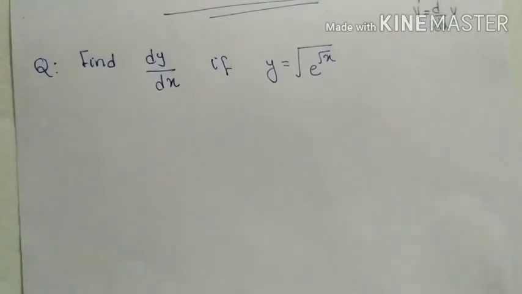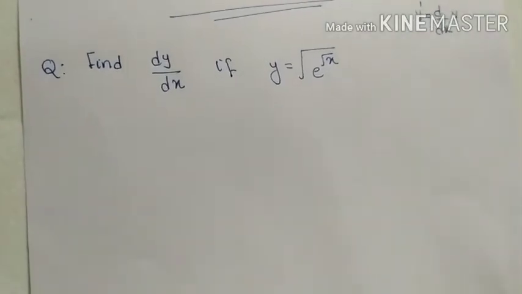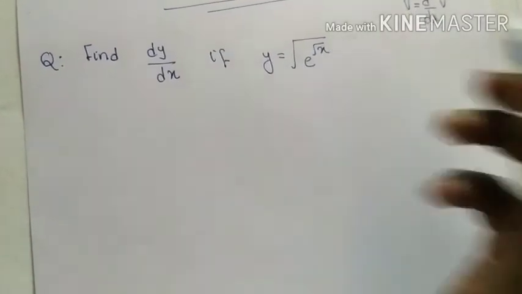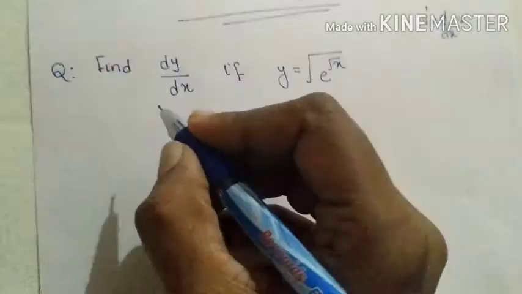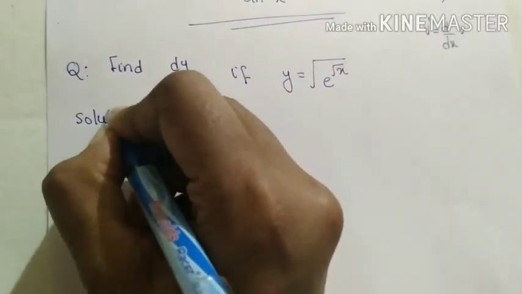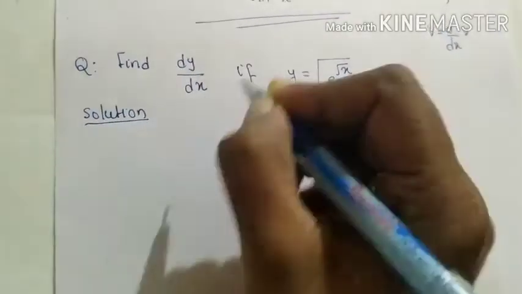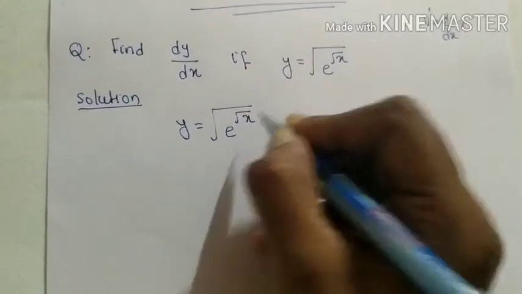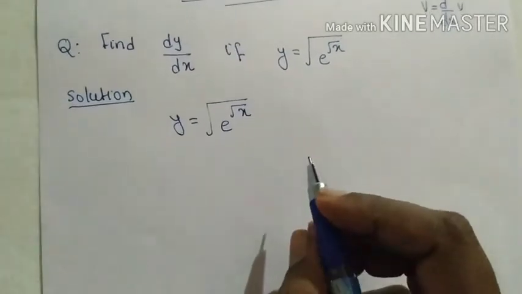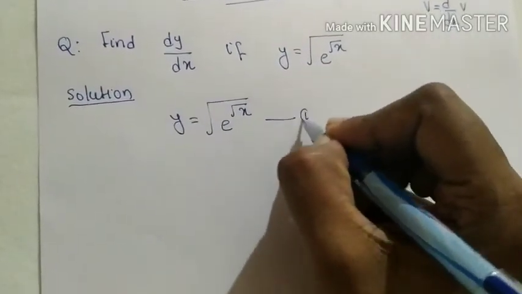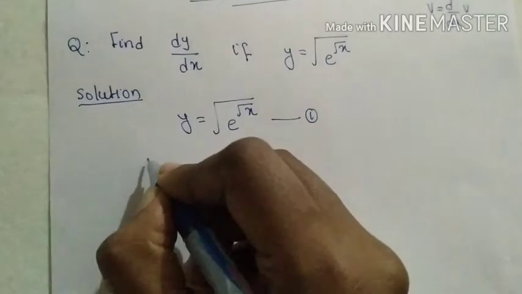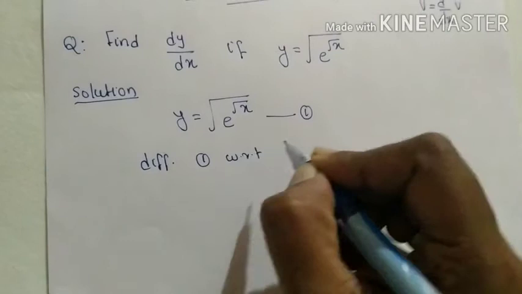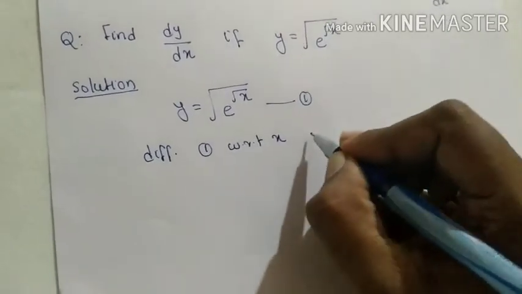In this question, we need to find the derivative dy by dx if y equals root of e raised to root x. Okay, so let's start the solution of this question. Given that y equals root of e raised to root x. Let us name it as equation number 1 and differentiate equation number 1 with respect to x on both sides,